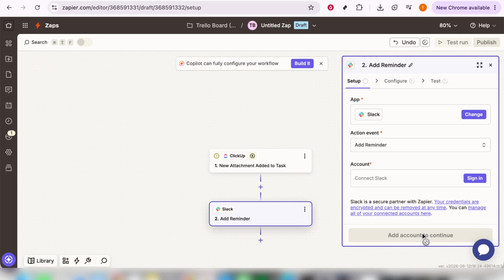Finally, you can review and test your Zap to ensure everything works correctly. Testing is a crucial step. It allows you to check if the data flows as expected and that both the trigger and action are set up correctly. And there you have it. An automation in Zapier from start to finish. Follow these simple steps and you'll be well on your